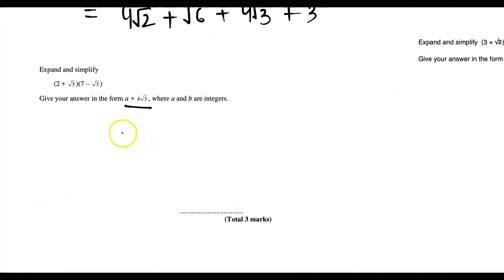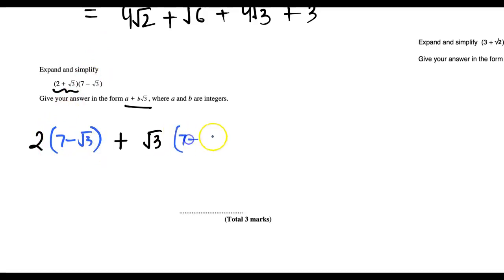We will be using the same first method. Okay, so it's 2 plus root 3 and 7 minus root 3. So what you're going to do, take the first bracket, it has 2, some space, plus and root 3 like this. Now the other bracket, just copy the other bracket, 7 minus root 3 and 7 minus root 3. Now let's multiply. So 2 times 7 will give us 14